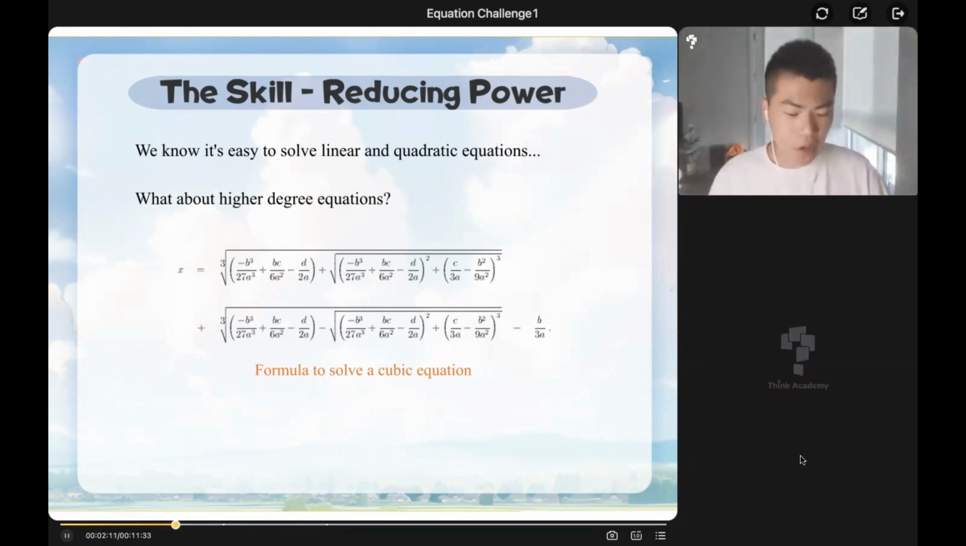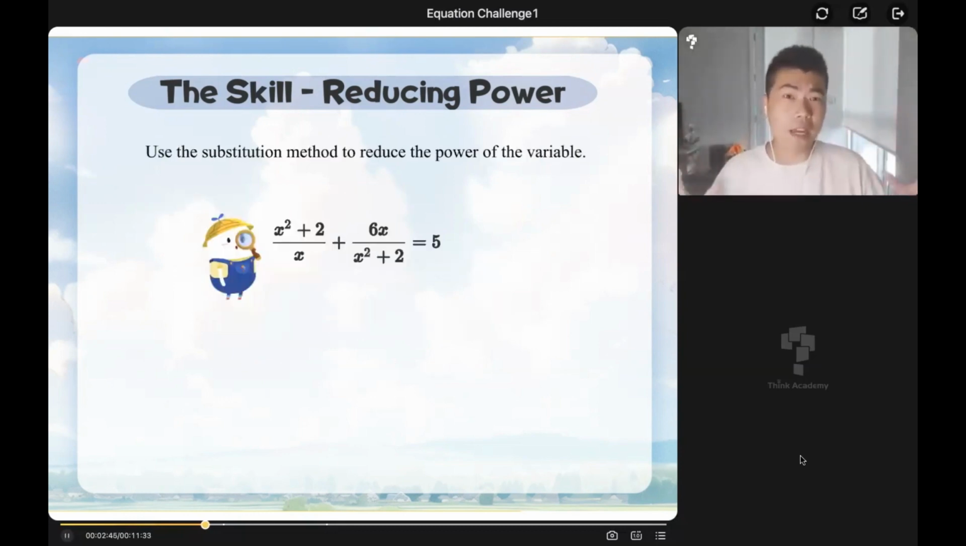Today we are going to look at a way to solve some higher degree polynomial equations. First of all, we all know how to solve a linear equation or a quadratic equation, right? Those are the most basic equations you learn how to solve. However, what if we have some higher degree equations, such as cubic equations and others? People have tried to find ways to solve these higher degree equations, and the breakthrough was they found this massive formula to solve any cubic